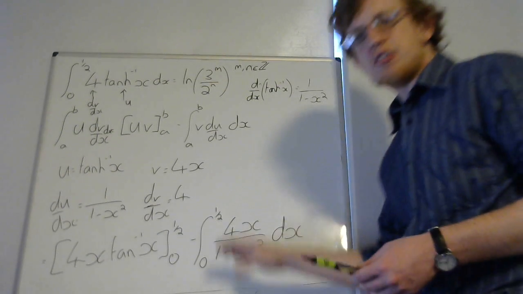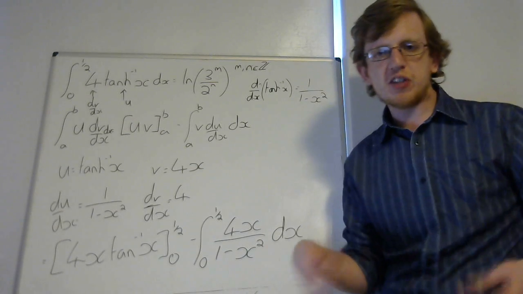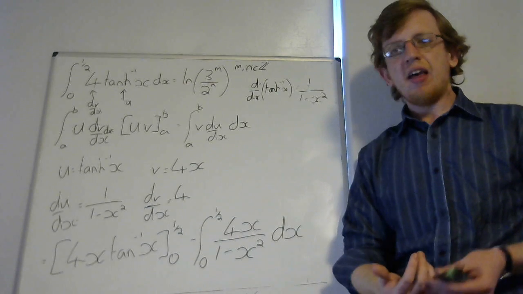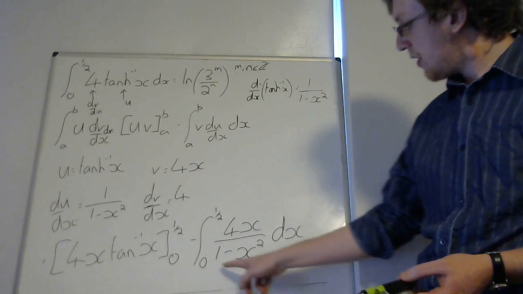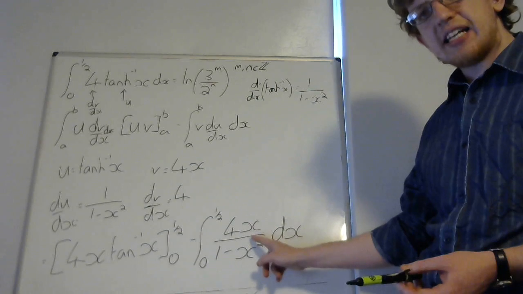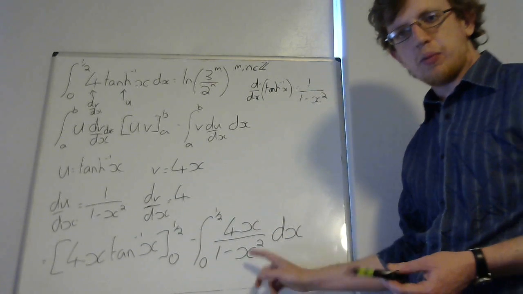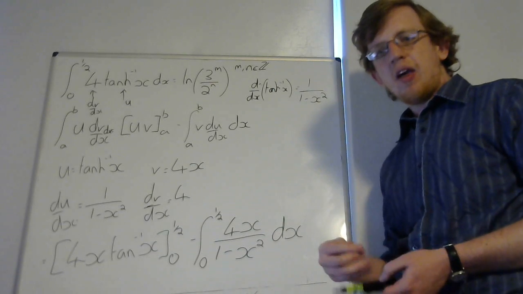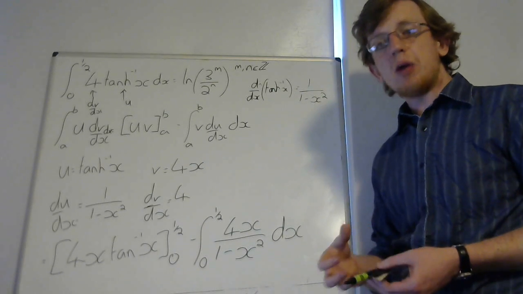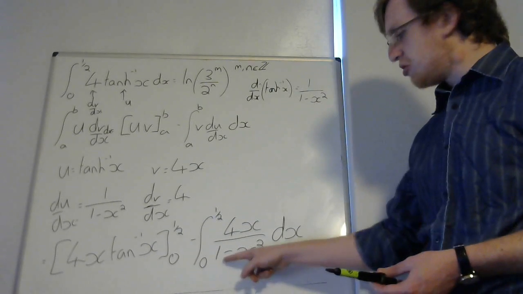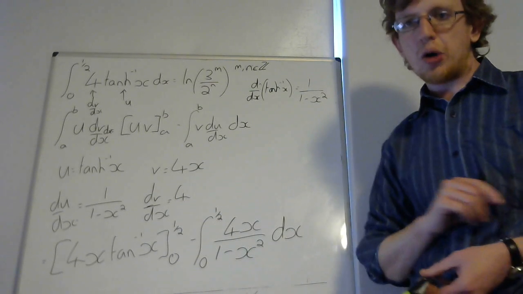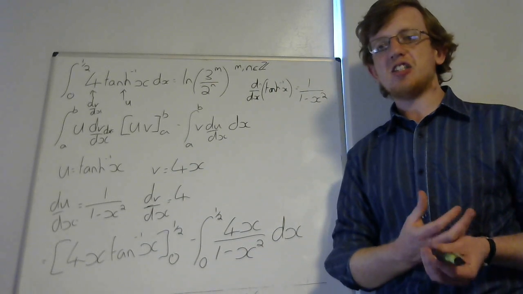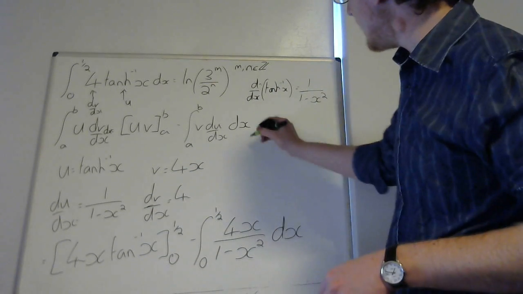And this integral here should be firing off something in your brain. You should be seeing that and thinking, oh, that looks interesting. The reason is because there's one less power of x on the top than on the bottom. On the bottom you've got x squared, one less than that is just plain old x. And that is suggesting it might be one of those integrals where the derivative of the bottom is on the top. And the derivative of the bottom being on the top means it's a ln. And the reason for that is